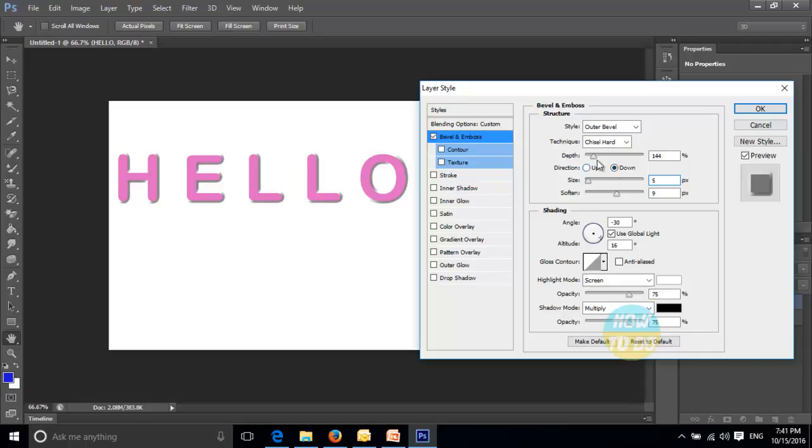The direction you are looking for, either up or down, inner bevel, and emboss. In this way you can go ahead and make the changes.